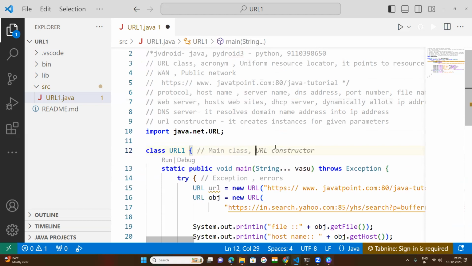Okay, now public is called an access modifier. Try to understand access